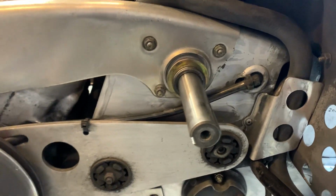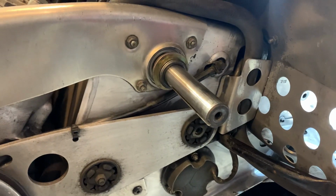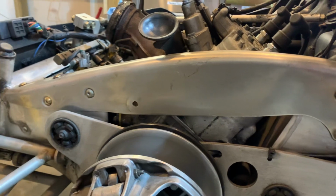Alright guys, the jackshaft has been installed. Got everything tightened on here. This chassis cross member here, got it screwed in. Guys, check these bolts up here